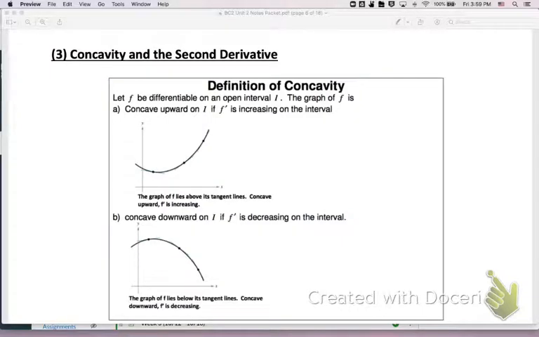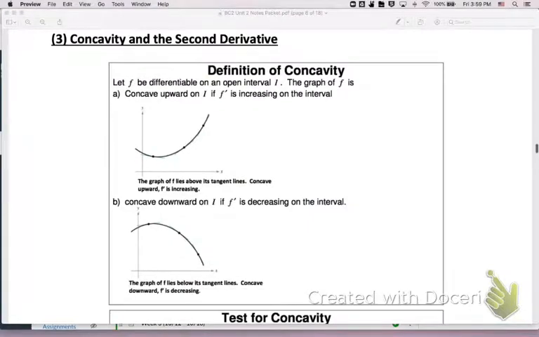The last thing for this week is looking at concavity and the second derivative. Again, this is stuff that you learned last year, so this is just a quick refresher, but we will see how this plays in with parametric and vector curves here. So remember that with concavity, the idea is that if the derivative is increasing, meaning the slope of the tangent